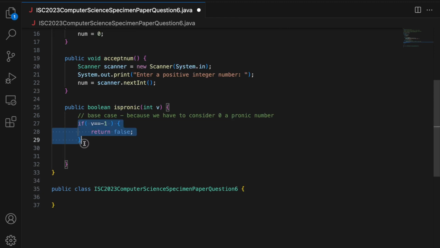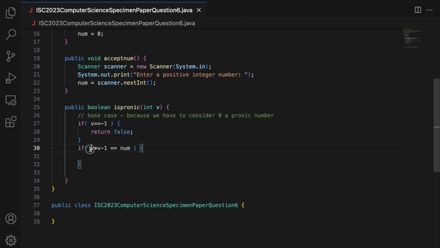Okay, so this is my base case. What is going to be my recursive case? The case that I can repeat. So if v into v minus 1 equals num, the product of two consecutive integers is num, you return true. Otherwise, you call this function and pass v minus 1, because when we call this ispronic